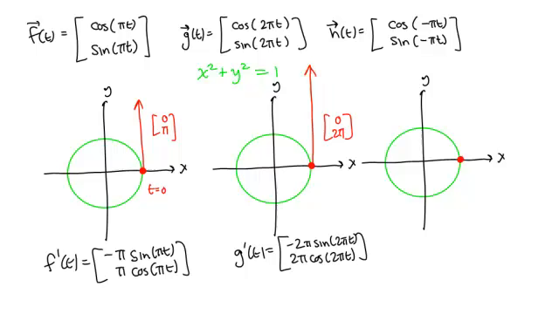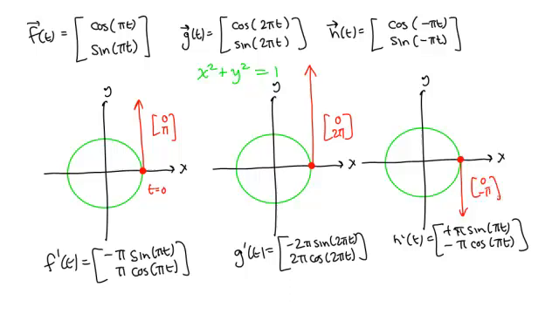And lastly, if we take the derivative of h, we're going to get negative pi times the sine of pi t, and negative pi times the cosine of pi t. So that if we plot time equals 0, we're going to get the vector 0, negative pi. So notice that this vector, in addition to being tangent to the circle, which is what we figured out last time,